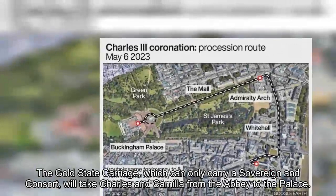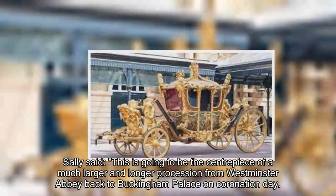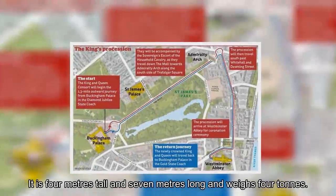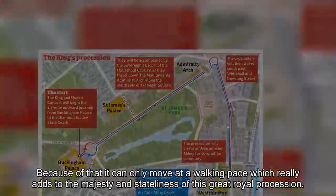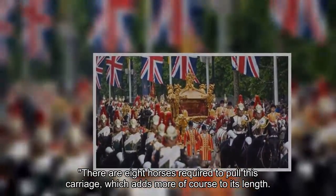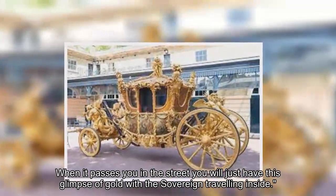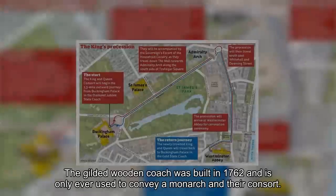to the palace. Sally said, "This is going to be the centrepiece of a much larger and longer procession from Westminster Abbey back to Buckingham Palace on Coronation Day. It is huge. It is 4 metres tall and 7 metres long and weighs 4 tons. Because of that, it can only move at a walking pace, which really adds to the majesty and stateliness of this great royal procession. There are 8 horses required to pull this carriage, which adds more, of course, to its length. When it passes you in the street, you will just have this glimpse of gold with the sovereign travelling inside." The gilded wooden coach was built in